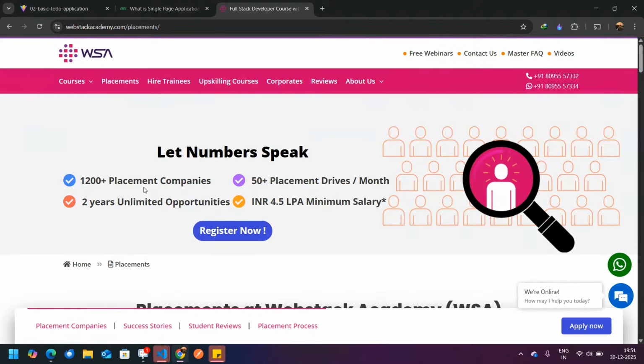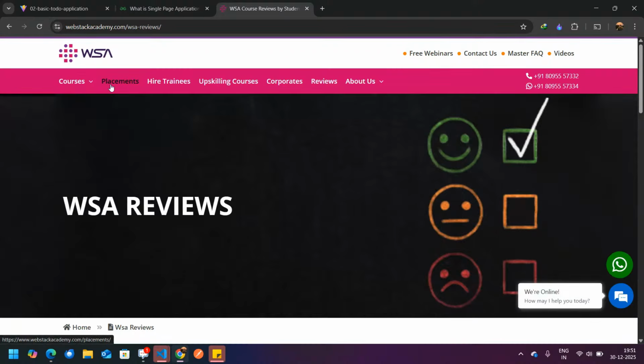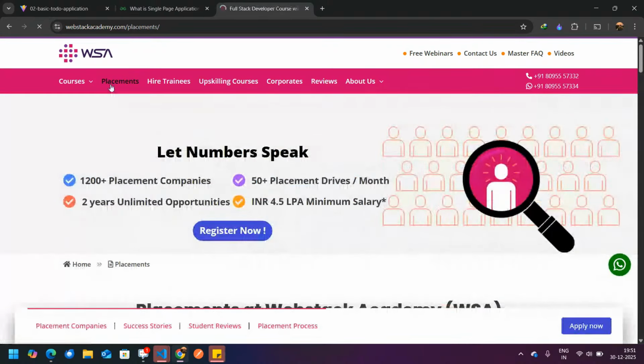Now the browser doesn't have to recreate the whole HTML and CSS content. Only JavaScript is helping to update the data. Now you see guys, if I go for reviews, it feels a little slow. Now I will go to the placement, and again I will go for the reviews.